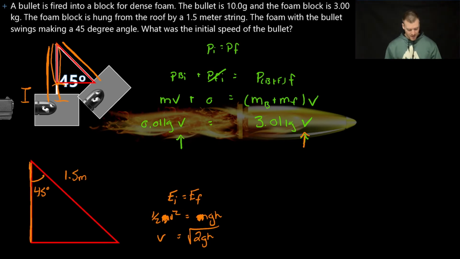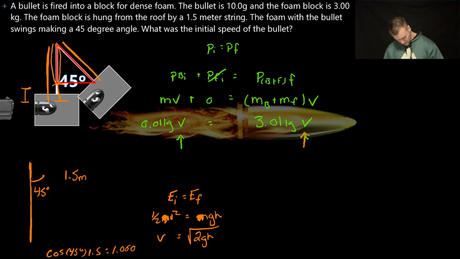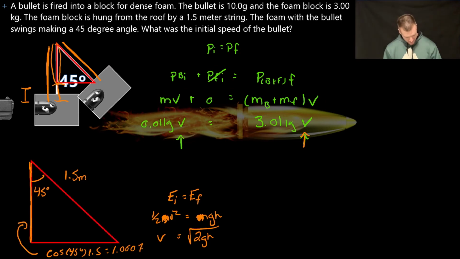So first I have to find this side that I have in orange. So we're going to use cos 45 degrees times that 1.5, and I get a value of 1.0607. And that's right, oh, there's the triangle gone. That is right here. So compared to the full length of 1.5 meters, the difference between that,